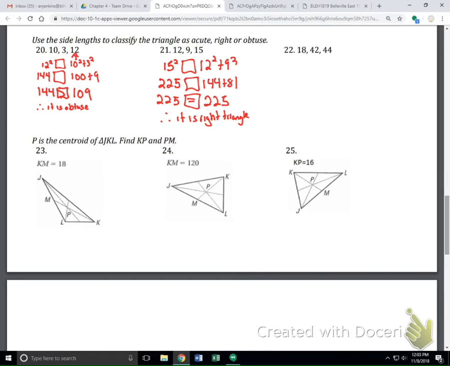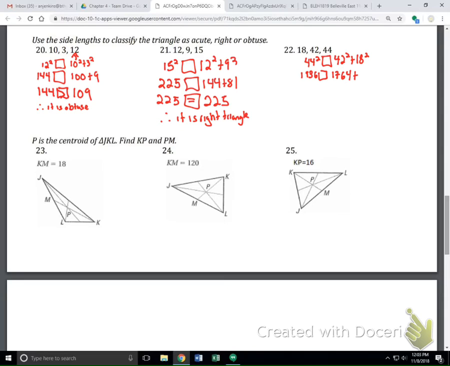You could. And then our last one is what's 44 squared box 42 squared plus 18 squared. Box, because we don't know what the sign is yet, so we put a box. So 44 squared is 1,936 box our sum, and then